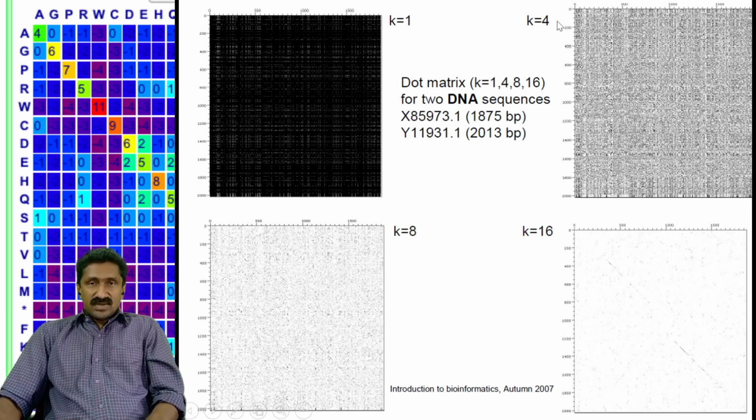If the keyword is four letters and the other ones are ignored, you will again have a lot of matches. But if you increase the length of the keyword, then at some point you can see at least some diagonals developing here. And if your keyword is 16, then you will have this one.